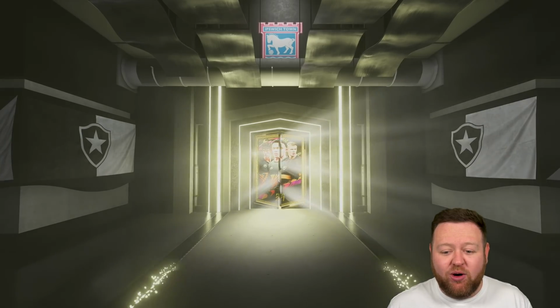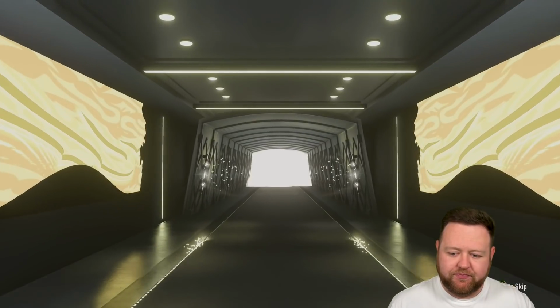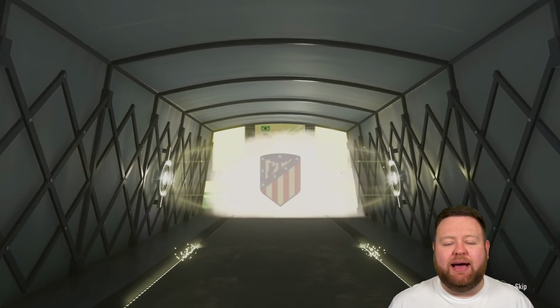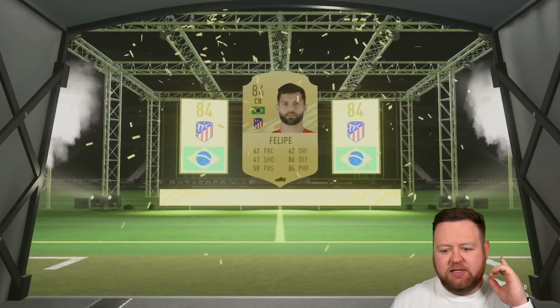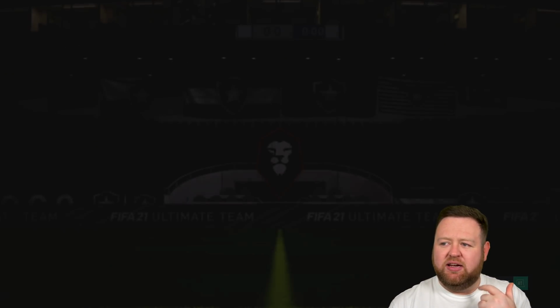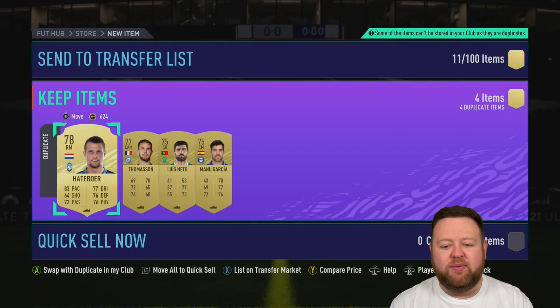Can we get a walkout or a board? No walkout, but at least we can get boards. What are we going to get? Just not an 83. Brazilian centre-back from Atletico this time is going to be Felipe. I think the last couple of Brazilian centre-backs I've got have been like Marquinhos and Thiago Silva. So like 85s, I would have preferred them to an 84, but hey, we can't really